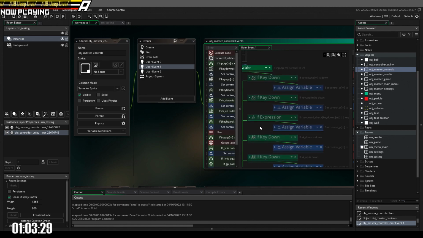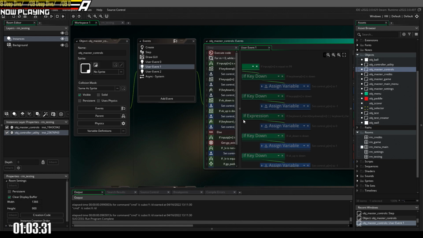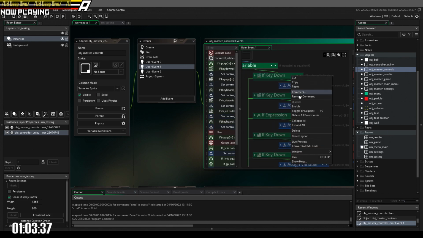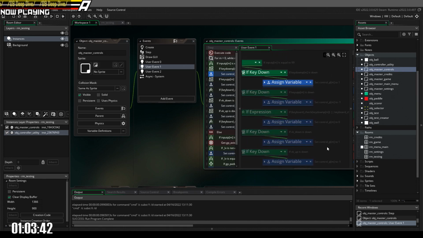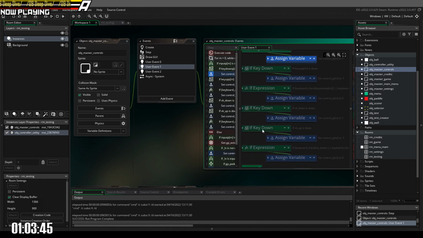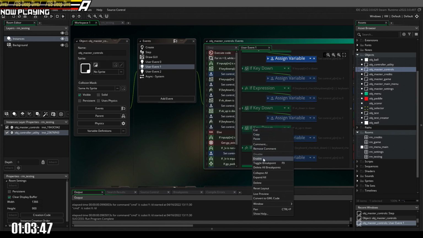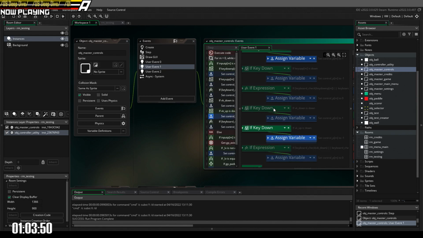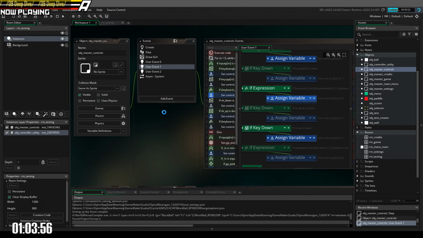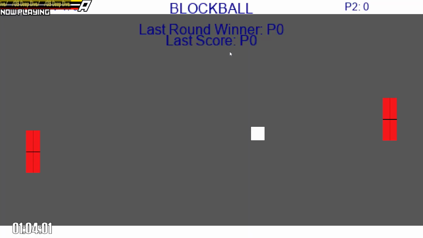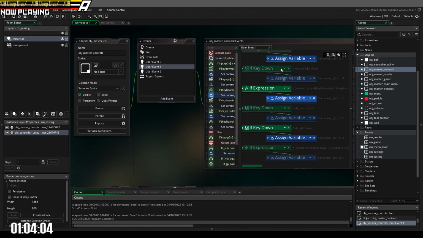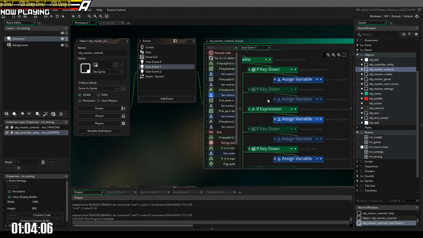It was constantly moving up, which means this one right here is the issue. So let's try doing this. Let's enable this. I want that's down. I want up. And if it's neither. So let's see what happens here. Now it's constantly moving down, which tells me that for some reason,